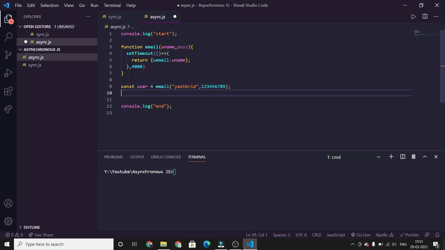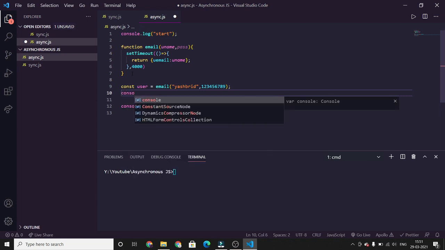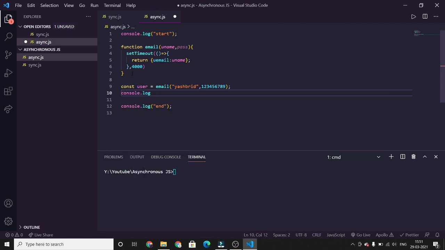Then we display the user, meaning we are displaying the fetched data. As per the logic, user should contain this object. Will it contain it or not? Let's see.